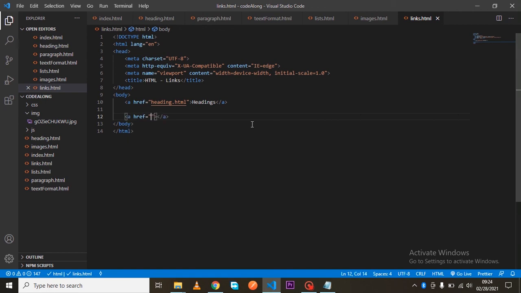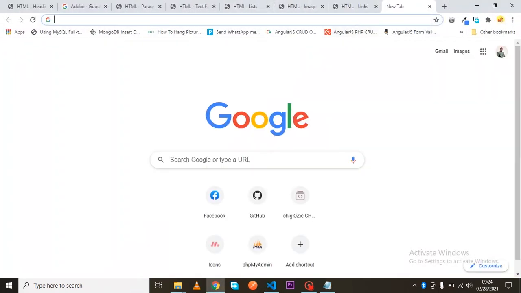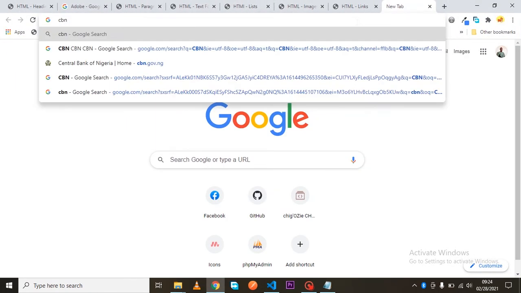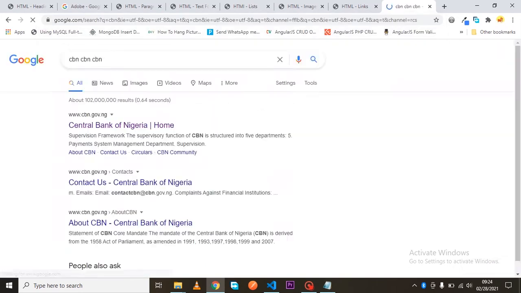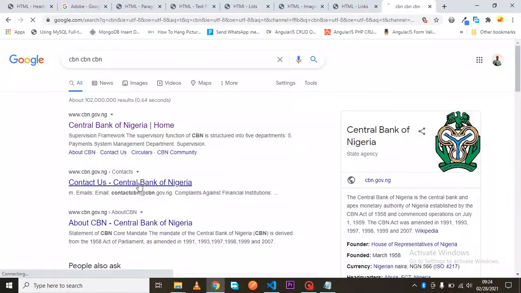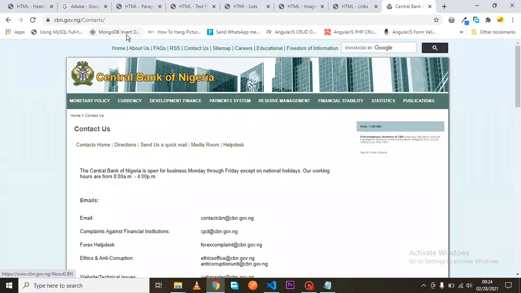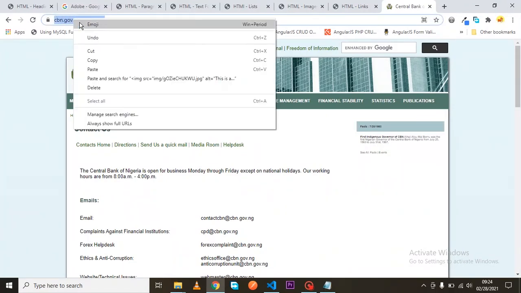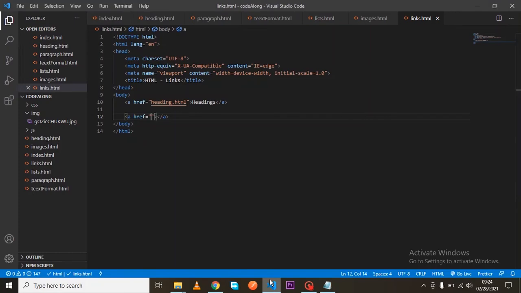Of course, we start with the A tag first, and then we locate whatever site I want to get to. I think previously we went to Central Bank, so let's go there, to Central Bank of Nigeria, and let's go to the contact us page. So this is the link to the Central Bank contact us page. We copy that, go to our page, paste it there, and then